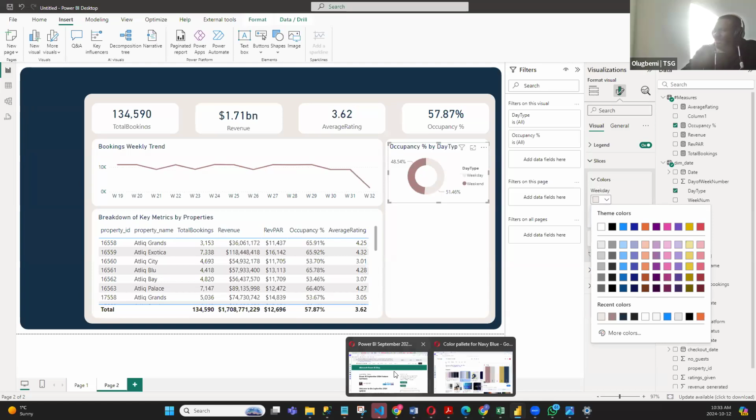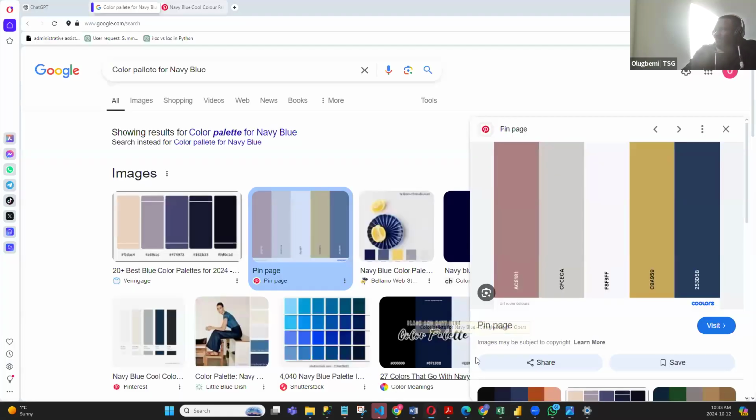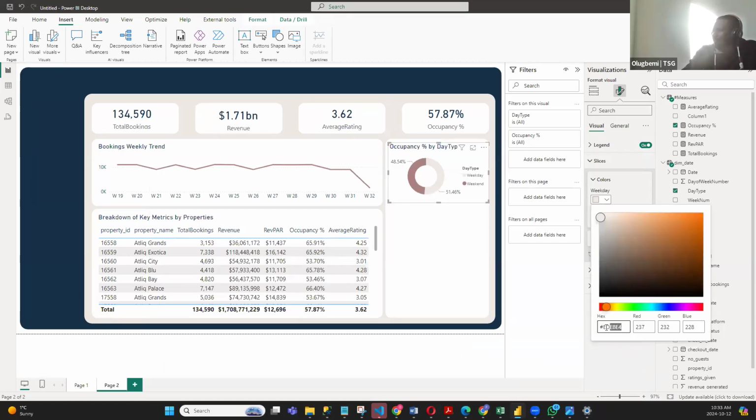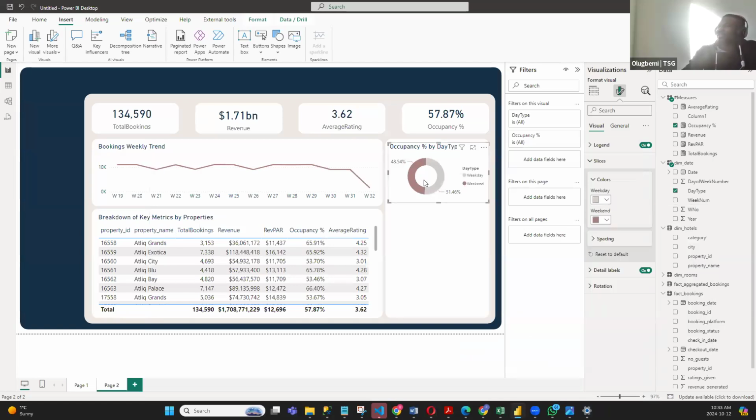Let's look at the color palette again. I think I like this one better, right? This CFCECA. So I can come to this second one, come to more colors, and click on CFCECA. Yeah, I think I like it better. So then the last one,